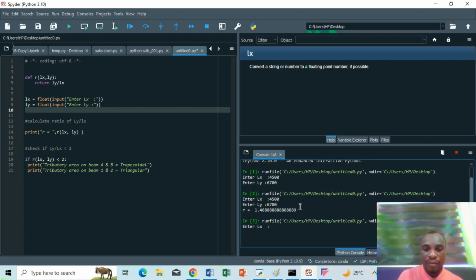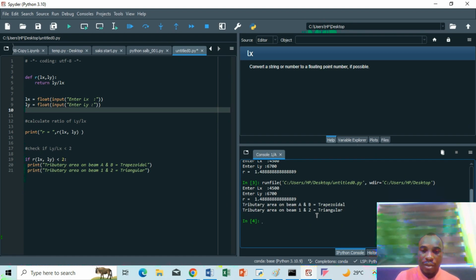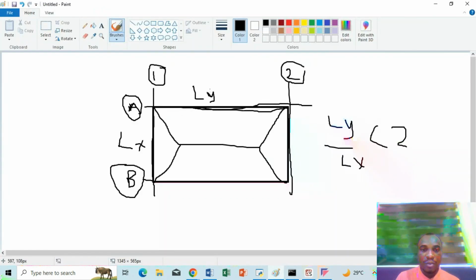So let's use the same values. 4,500, enter. 6,700. Okay, so it's working perfectly now. So tributary area on beam A and B is trapezoidal, and tributary area on beam 1 and 2 is triangular as expected. So that's what we